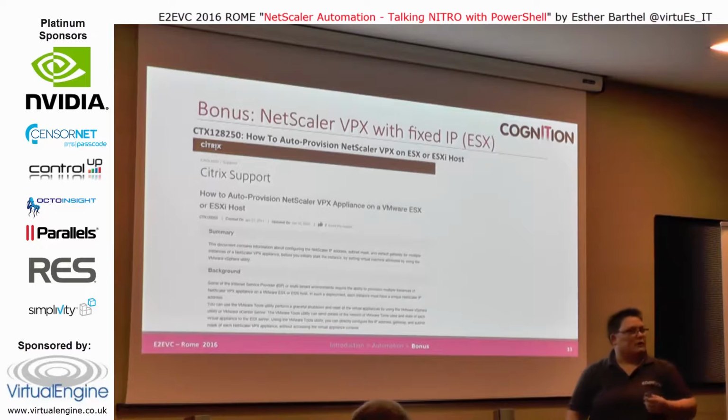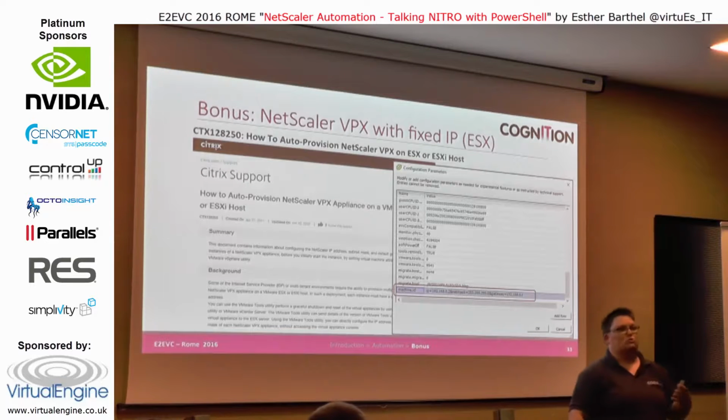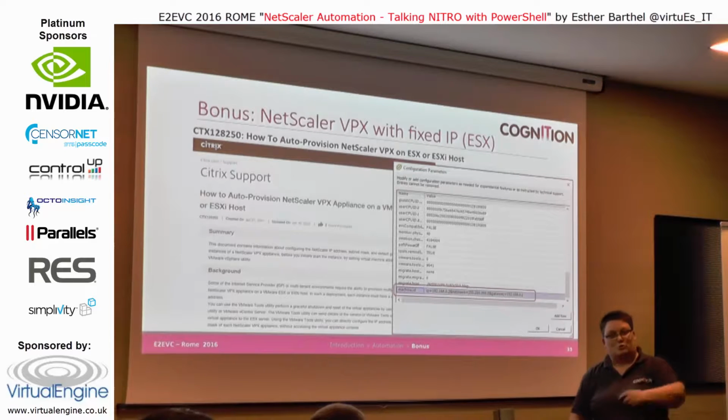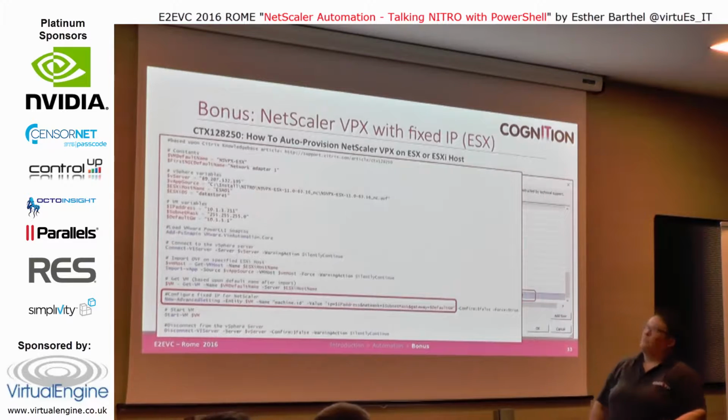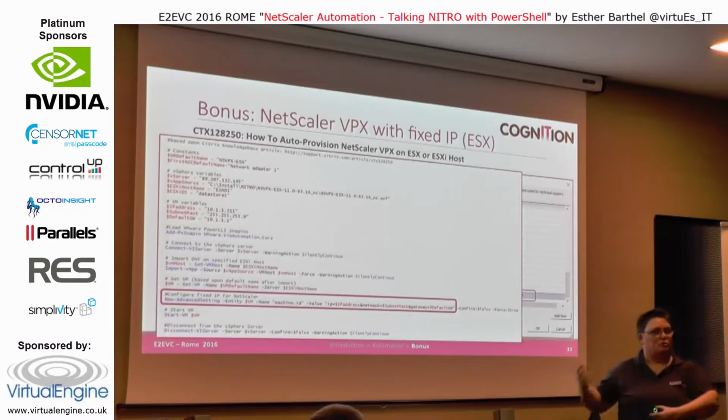And luckily for me, there was a knowledge base article which showed me all the manual configuration steps I need to do on that imported NetScaler VPX appliance. That's still not giving me an automated solution. So once again, I translated all those manual instructions into a PowerShell script,